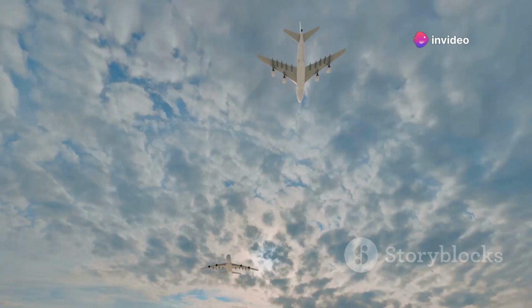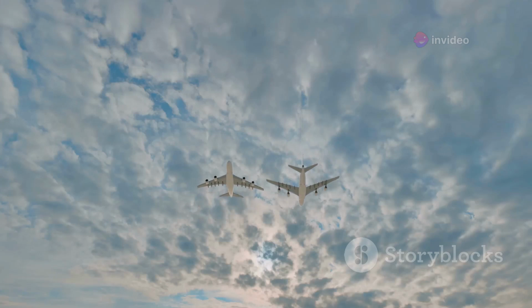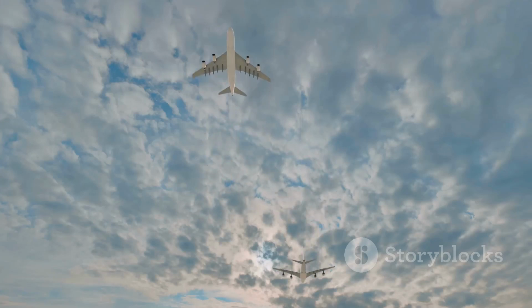These flights are not randomly scattered across the sky. They follow specific, carefully orchestrated paths known as air highways, invisible to the naked eye but crucial for maintaining order and safety in the increasingly crowded skies. These highways, like their terrestrial counterparts, are designed to manage traffic flow and ensure that planes maintain safe distances from